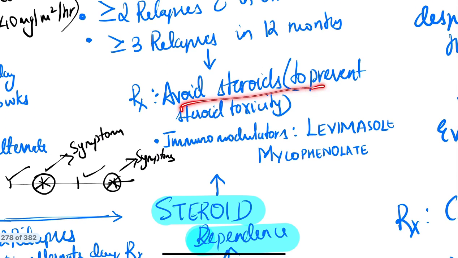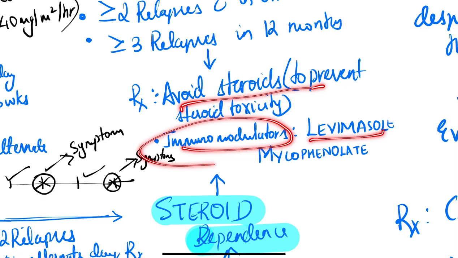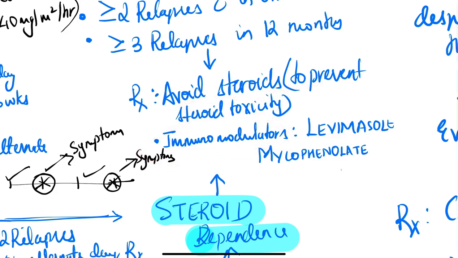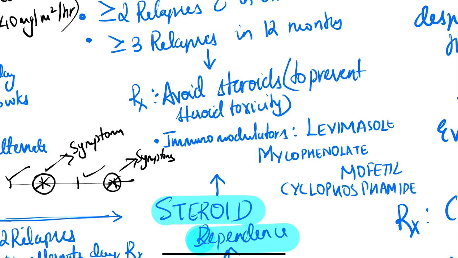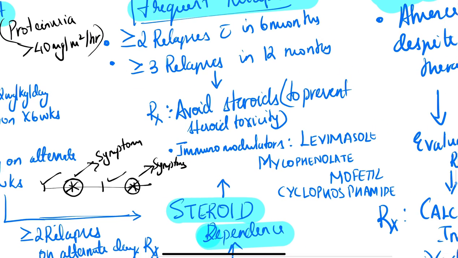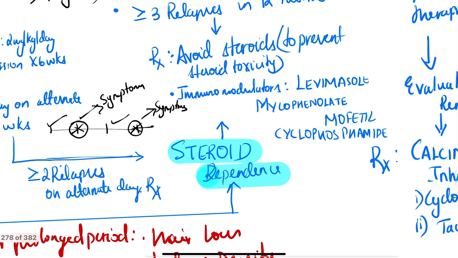So avoid steroids and start on immunomodulators like levamisole and mycophenolate mofetil. Ghai mentions also about cyclophosphamide. Just you can write it there. Okay, so dosage wise, remember only prednisolone dosage, that's more than enough. Levamisole, mycophenolate mofetil, and cyclophosphamide, those are immunomodulators. Okay, so in a steroid dependent case, you have to avoid steroid toxicity, stop steroids, and